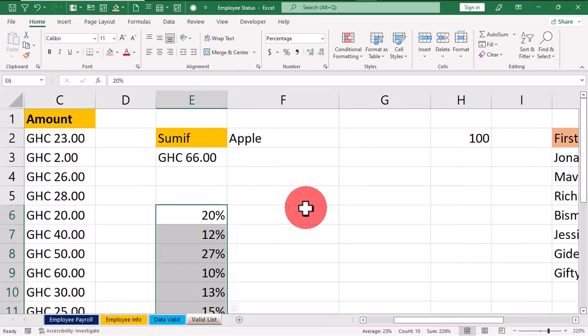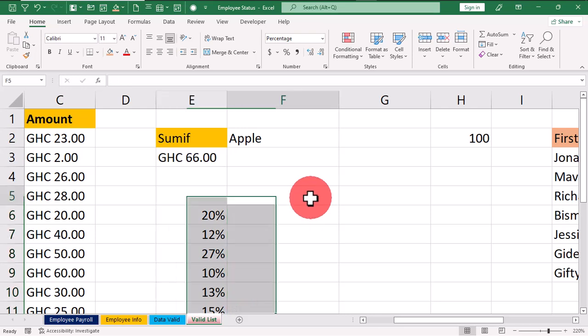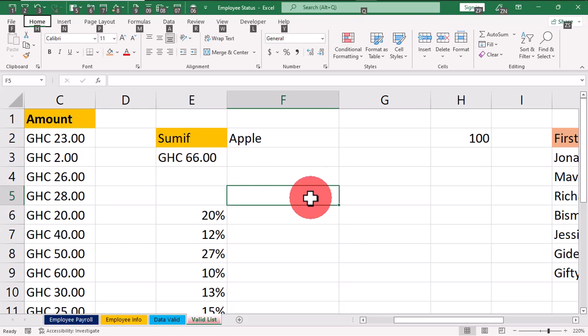Another keyboard shortcut which is a bonus to you is when you have your mouse not working and you press the Alt key on the keyboard, this is going to provide some letter representations and also number representations on your quick access toolbar and the menu bar. And in this case, when I move to the quick access toolbar, you can see that I have all these numbers here, and also on the menu bar I have these letters here. So anytime I am working within Microsoft Excel and I have all these letters and numbers representation, if I want